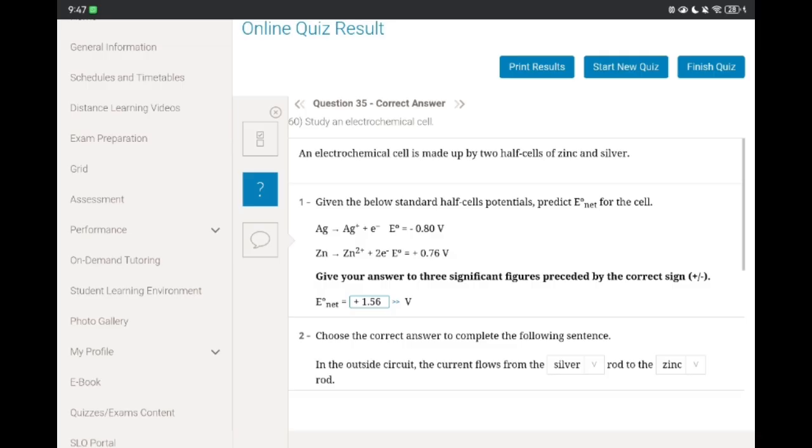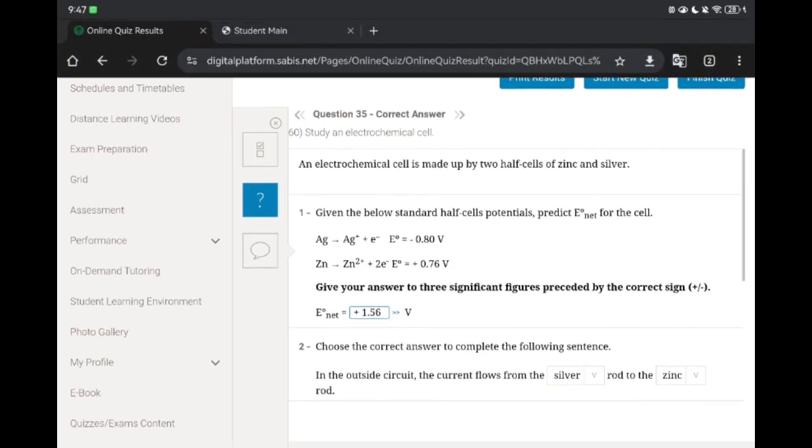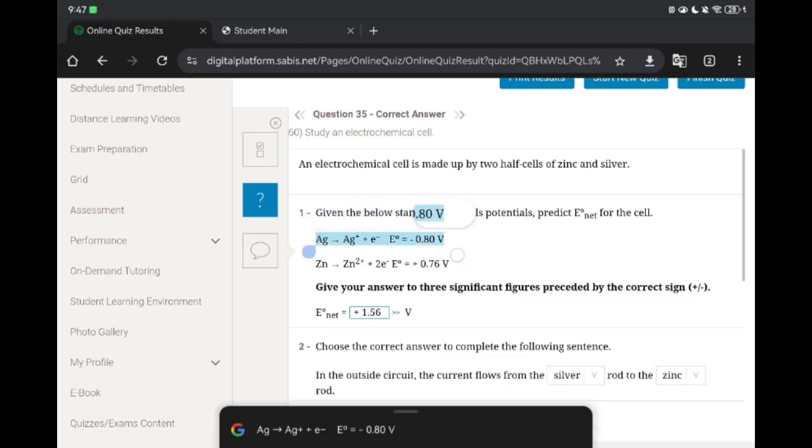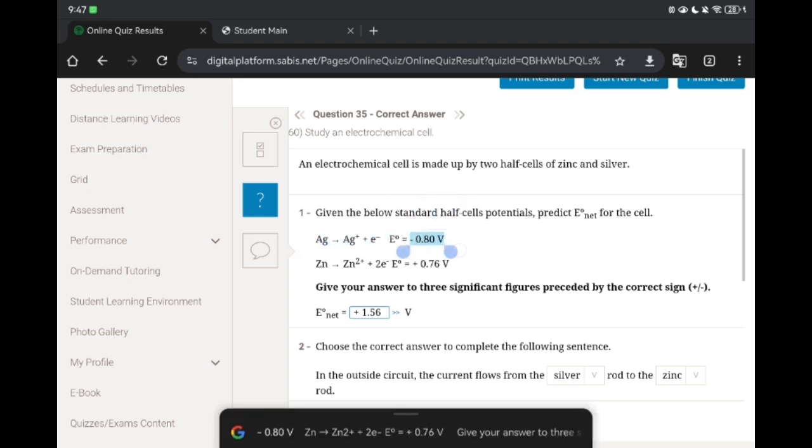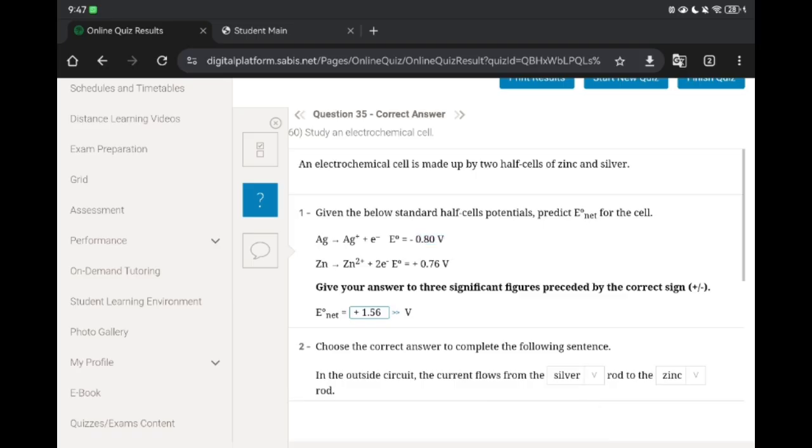So which one has a higher potential? Zinc, obviously. So that means what? You have to flip this one, because this is the oxidation potential, and the -0.8 is the E0 of the oxidation. You want the one of the reduction, because one of them has to be oxidized, the other has to be reduced. So you flip it, it becomes positive,